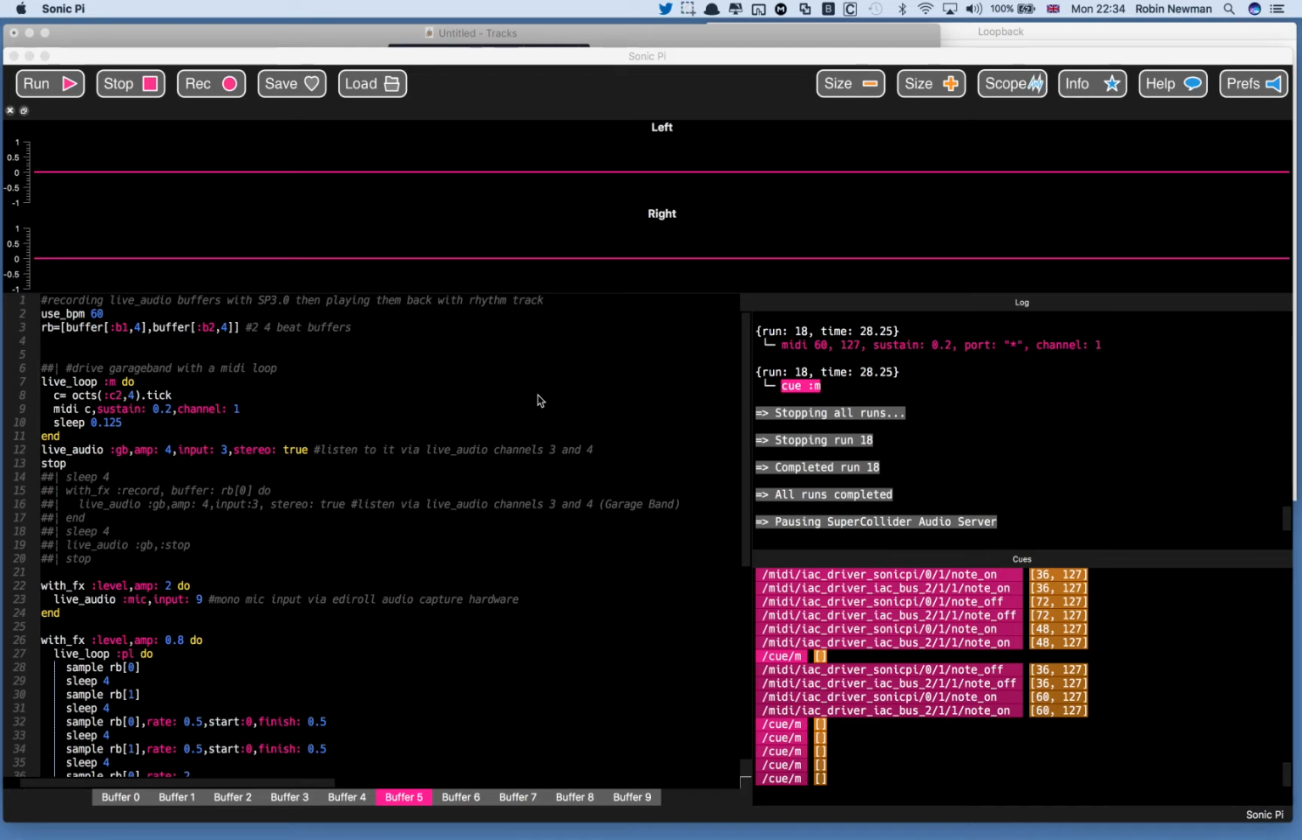First of all, we're going to play some MIDI, and that's going to drive an external synth. We're actually going to use GarageBand, which is freely available with a Mac. And we're then going to take the output of GarageBand and feed it back into Sonic Pi as a live audio stream. We're going to use another new feature in Sonic Pi 3, which is the fact that there is